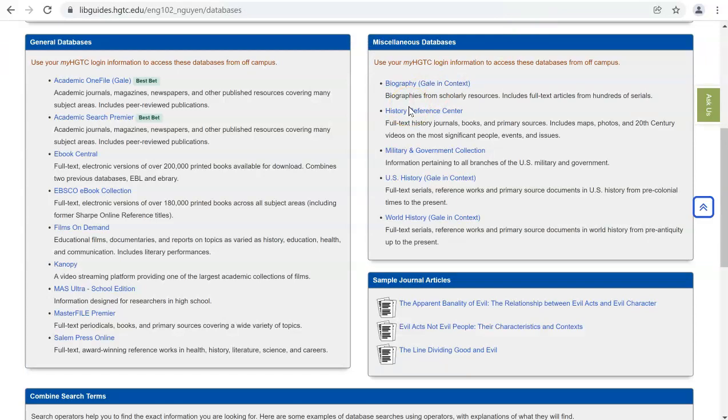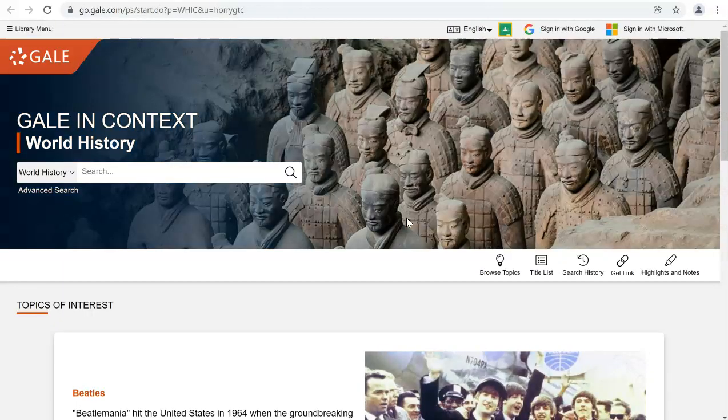We're now going to take a look at the World History database. And you may note that this one looks somewhat similar to the last one that we looked at. The reason it looks similar is because it's made by the same company. That's something that you'll note as you're going through in your research, that a number of our databases are made by the same company.